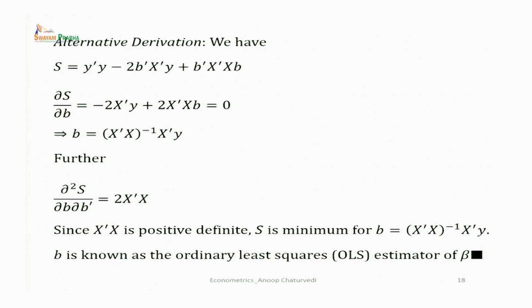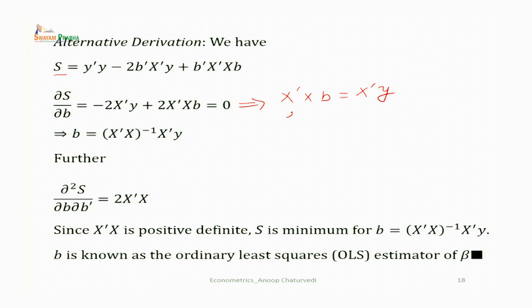Alternatively, we can derive the least square estimator or OLS estimator by the method of differentiation. So, we write S equal to Y'Y minus 2b'X'Y plus b'X'Xb, and then we partially differentiate S with respect to b. So, del S by del b is equal to the derivative of first term becomes 0, the derivative of second term is minus 2 times X'Y plus the derivative of third term is 2 times X'Xb, and then we write it equal to 0. Then this gives you X'Xb equal to X'Y,